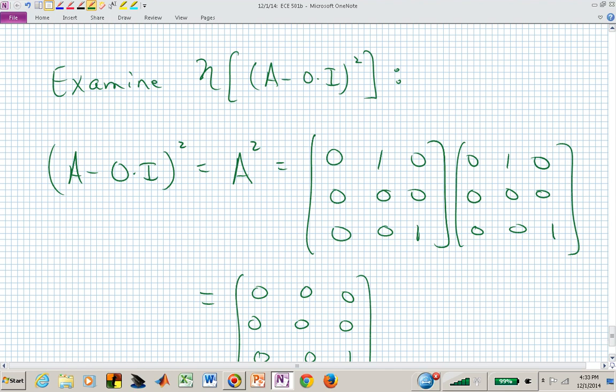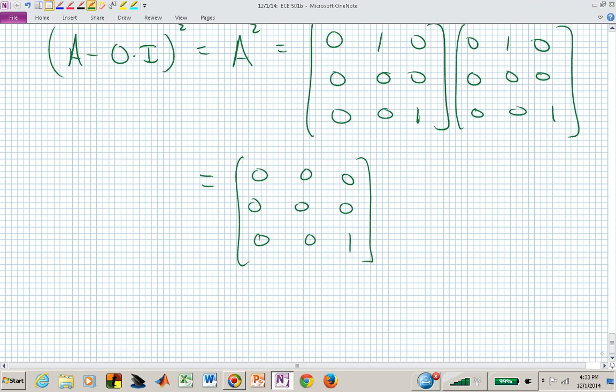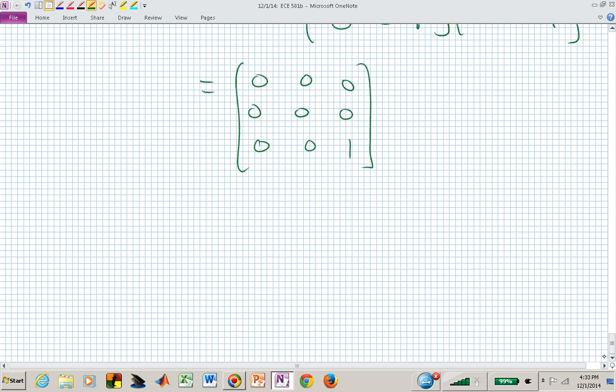I want to now find vectors that live in the null space of this matrix. And hopefully this one is pretty clear that it has more than one vector that will lie in the null space of that matrix. We wanted it to be increased because just A minus 0 times I without a power was just giving us one-dimensional null space. If we now look at the null space of this matrix,